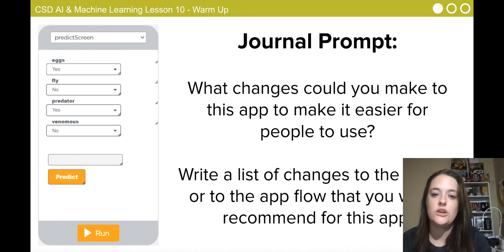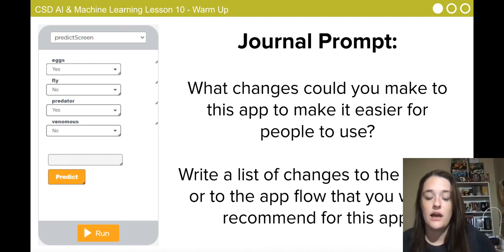What changes could you make to this app to make it easier for people to use? Write a list of the changes to the design or to the app flow that you would recommend for this app. Go ahead and pause the video here so that you can answer this question. This is going to be something that we've talked about in the last couple of lessons, so you should be able to handle that, but if you have forgotten, then